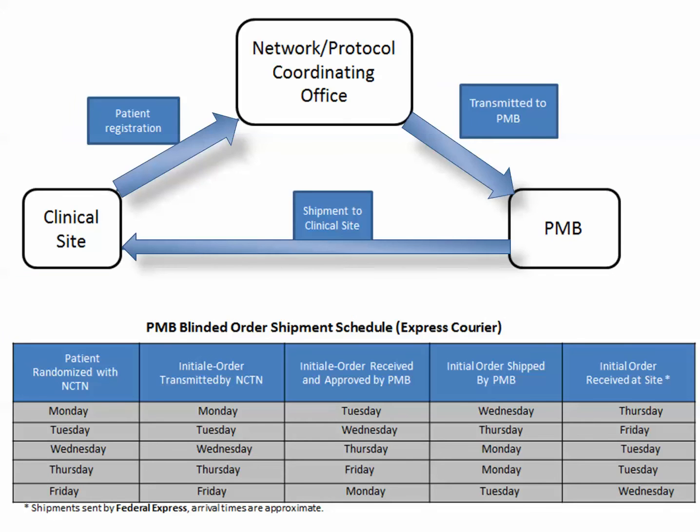Let's move on to documenting transactions such as receipt, dispensing, and returns. For patient-specific studies in which PMB distributes the agent, the first order is not entered in OEOP. When the patient is registered, the coordinating office transmits an electronic order notifying PMB that a patient was randomized and to which arm they were assigned. The PMB will prepare the shipment and send it to the site.